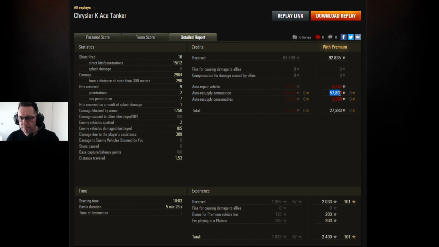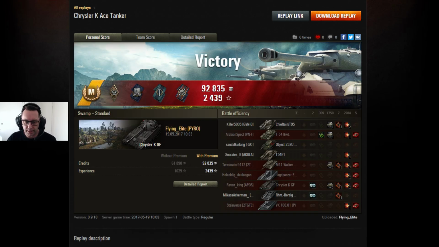Now that would have severely changed if these premium rounds costing 57,000 were standard rounds. But in a 5-minute game, just under 30,000 K, you can't really complain about that, I guess. But imagine if those rounds that he fired were standard, he probably would have made a hell of a lot